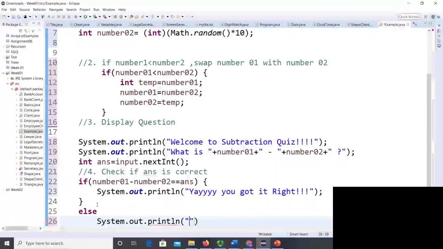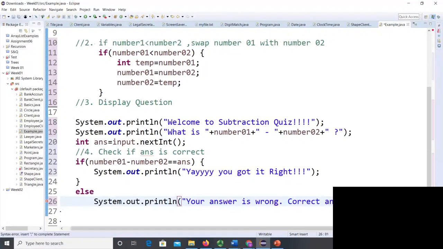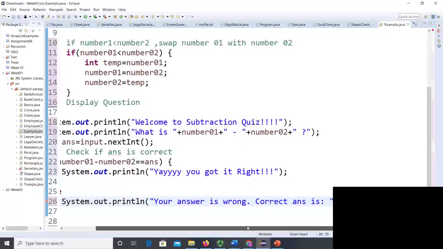As he's a first grade student, we don't have to be harsh. We can make a simple statement: "Your answer is wrong, and answer is", concatenation operator, number 1 minus number 2. One thing, don't forget to put number 1 minus number 2 in brackets, otherwise your answer will be wrong, and end your statement with a semicolon.